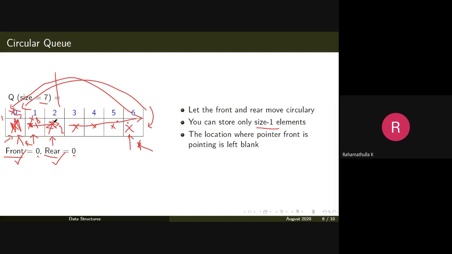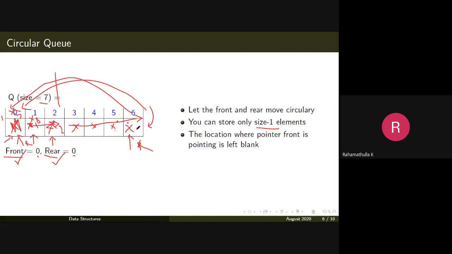The place where the front is pointing is always left blank. Now if you try an insert operation, you can say that your queue is full. So you reach here, for example, you deleted x3, x4, x5 and x6. Front will be at this position. Now you try one more delete operation. Front also goes back and starts deleting from this position. So x7 will be deleted. While inserting, rear will move through these places, and while deleting, front will move through these positions.